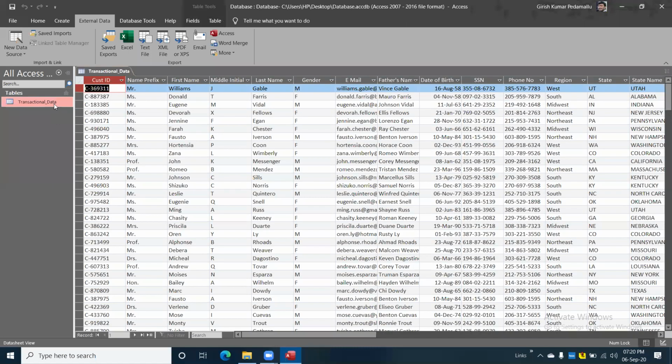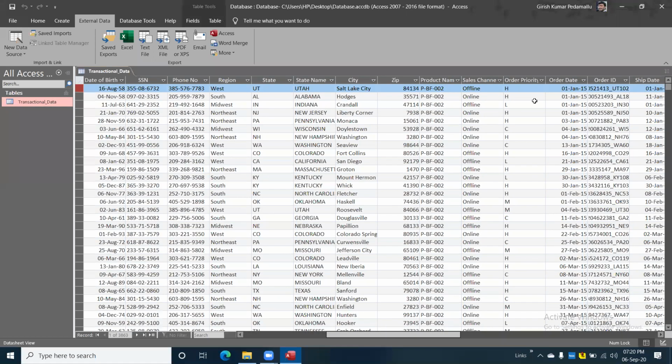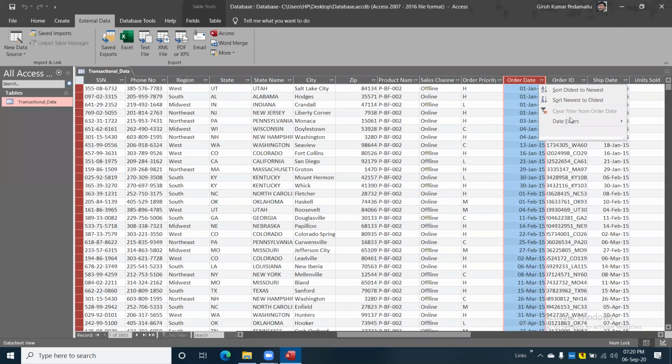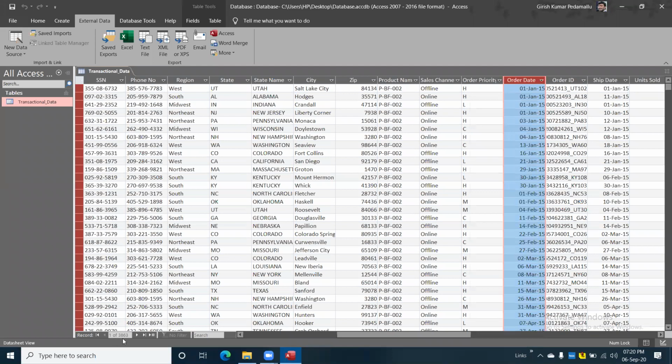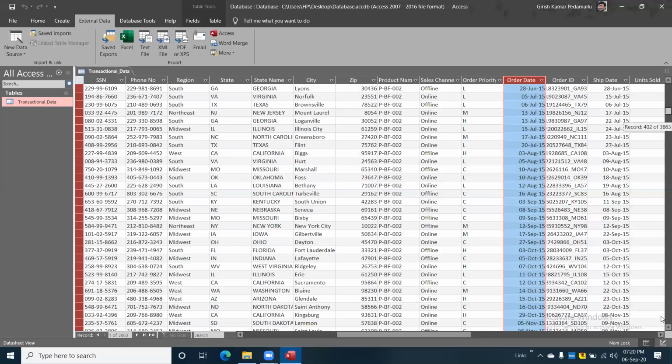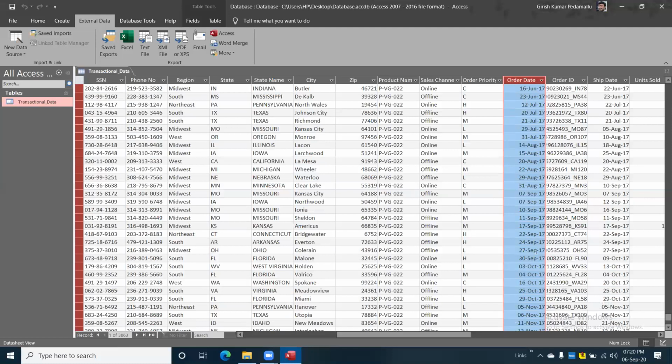So till now we have imported 3 files. I mean, for the first file, we appended 2 more files. Just verifying whether my data got uploaded or not, I went to the order date column. I'm not able to see the filters over here because it has too much data. Earlier we had around 2,500 records, now it is showing 3,863. That means data got added. Or else you can scroll down and see whether the 2017 data is there. See, 2017 data is there.